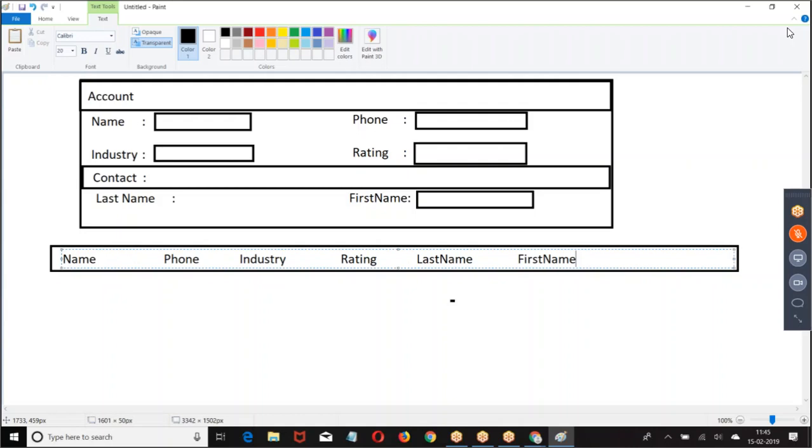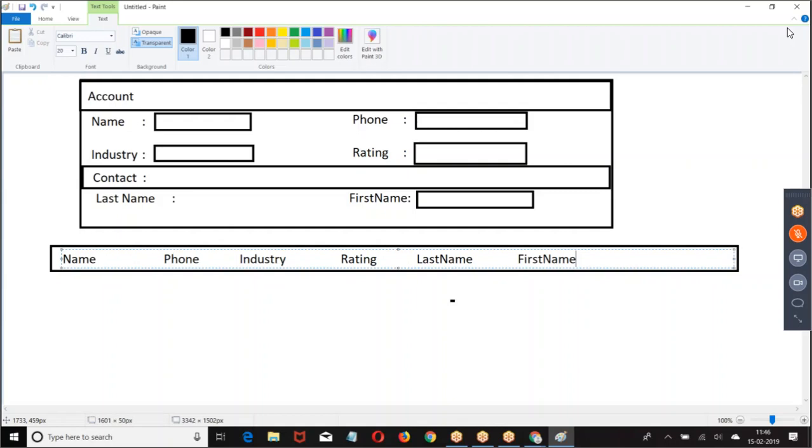Now every record will be a combination of one account, one contact. Second record, one account, one contact. Third record, one account, one contact. Now, if it is only accounts, I can take account ACC. If only contact, CON I can take. But I require a combination of one account, one contact. Then how will you achieve it?